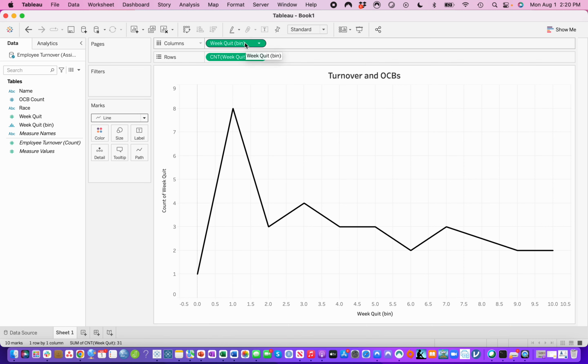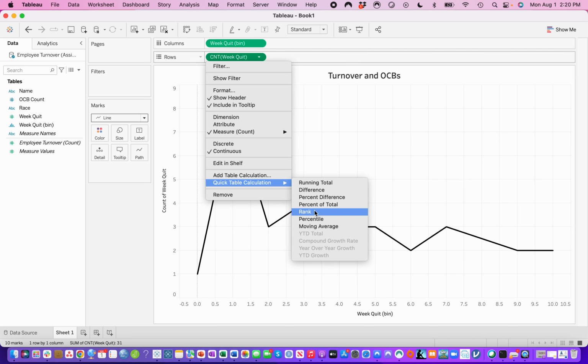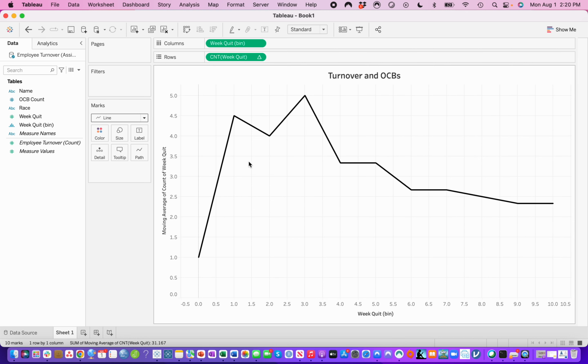Got the bin, the count. Now we also need to do a quick table calculation and make it a moving average. And then it ends up looking kind of like this, but some of the things are off with it. Like when I look at my final one,